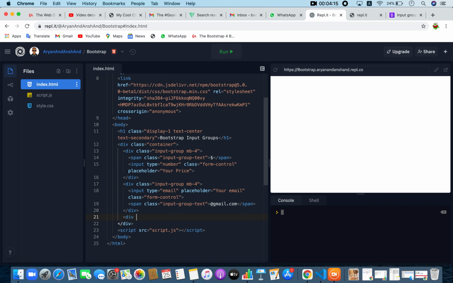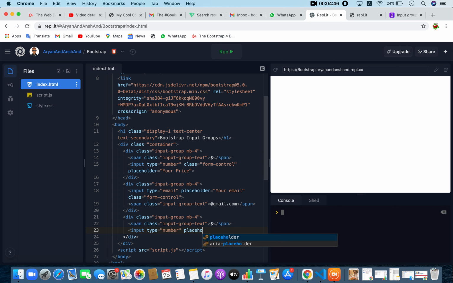So I'll do a div with the class of input group and margin bottom 4. I'll create a span with the class of input group text with a $ sign. Then I'll create an input with the type of number.